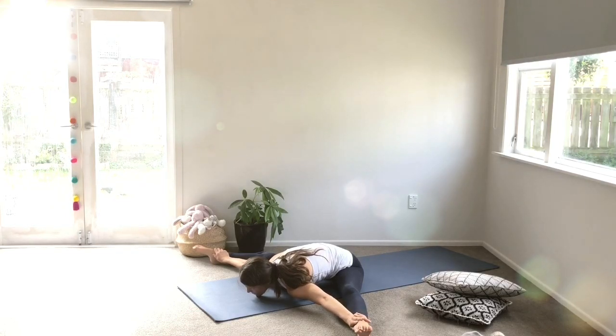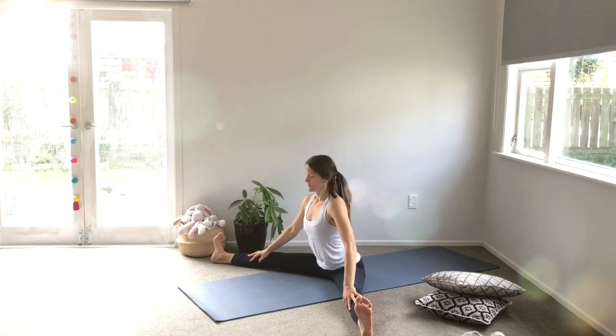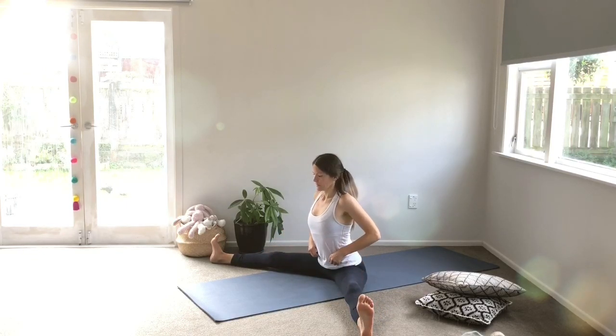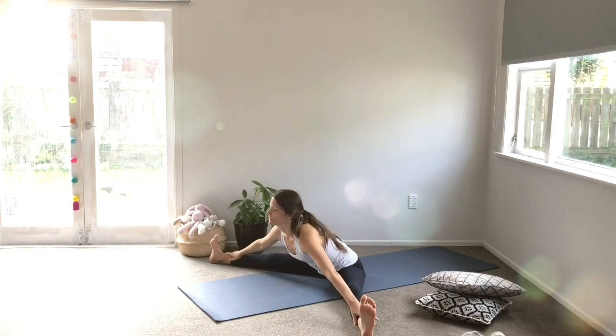Full deep breath. Keep your legs really active. You will have a little slight inward rotation at your hip joint here. Keep creating the length. Next inhale, come up. This time flexing the feet. You can either stay up again and breathe here, or if you want to go further, grab the outside of